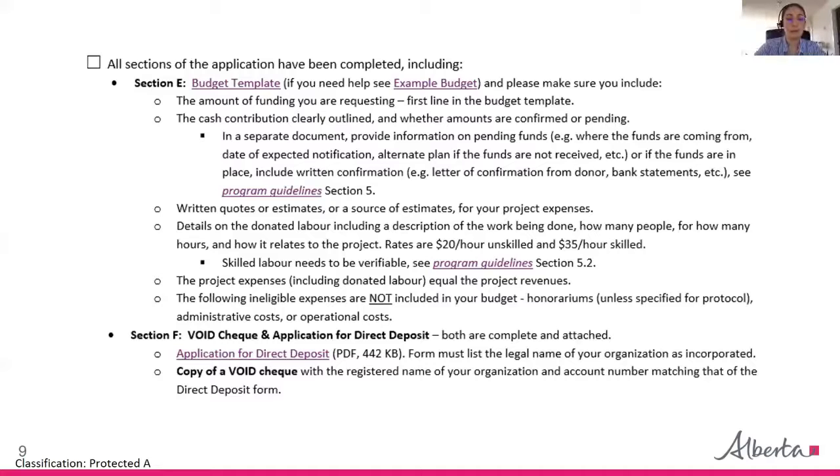This part of the application checklist is a reminder to complete all sections of the application, which includes the budget template and the application for direct deposit. As mentioned a few moments ago, we will be leading an in-depth walkthrough of the MIIG budget template tomorrow. For now, it is enough to know that you will need to complete a MIIG budget template and submit it